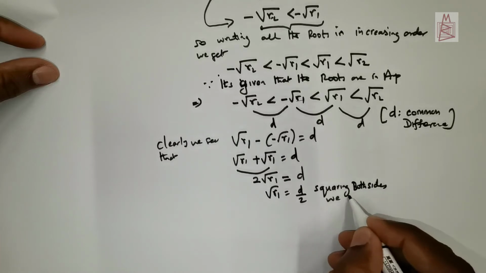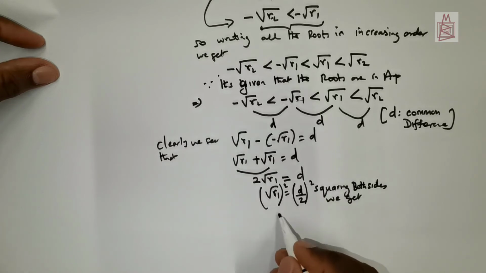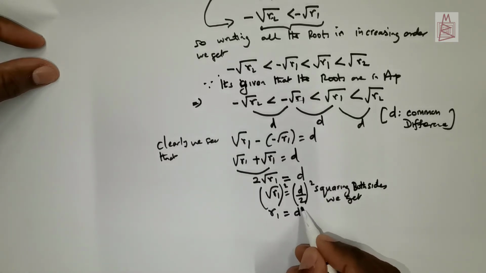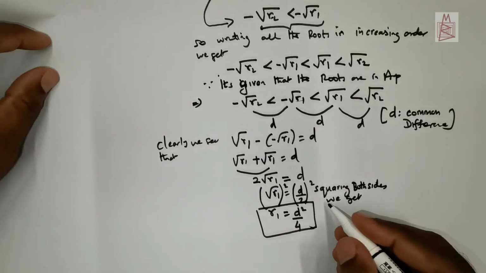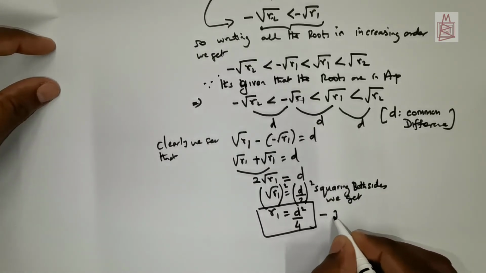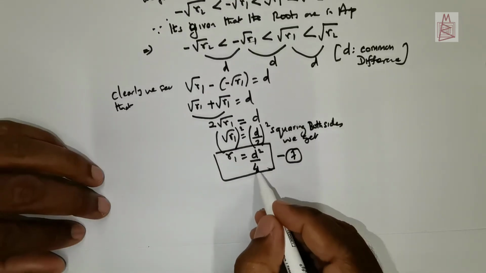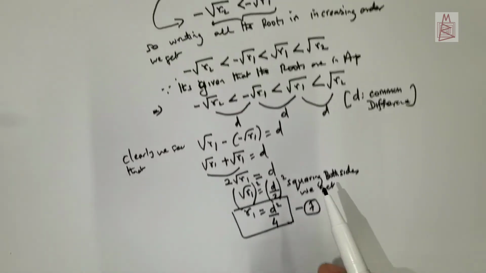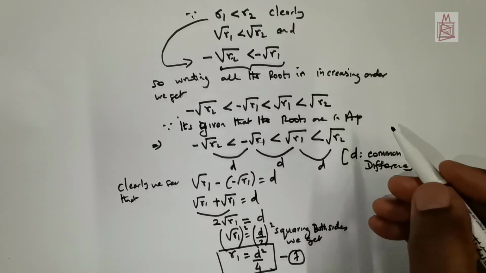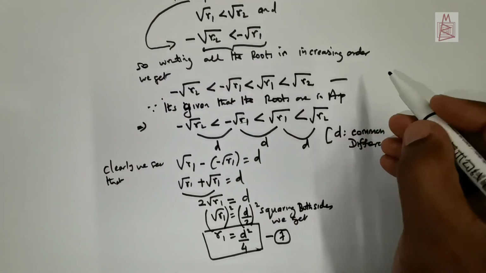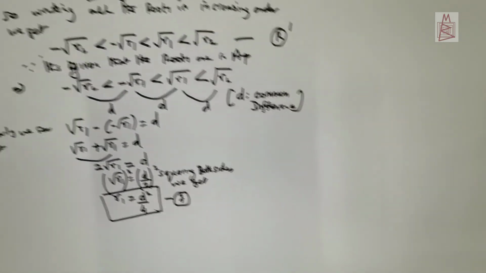we get, I'm squaring both sides, R1 is equal to d squared divided by 4. So this is a very important equation. I can name this as 7. So I've got now R1 is equal to d squared divided by 4. Now from the same relation, what we can do is deduce, if I were to name this relationship as some capital R prime, I'm going to use this space here.